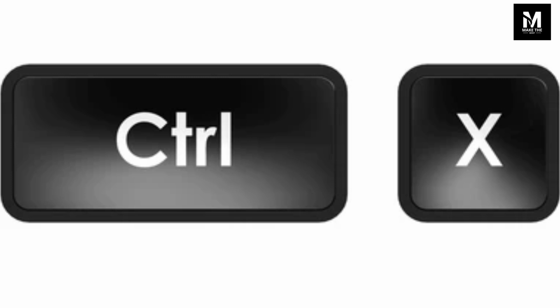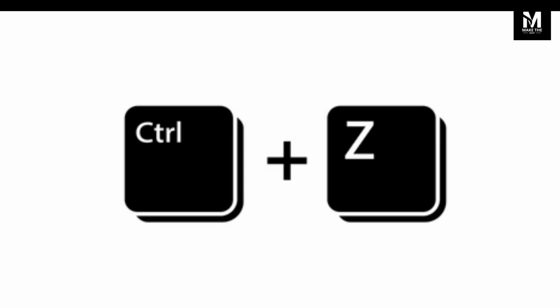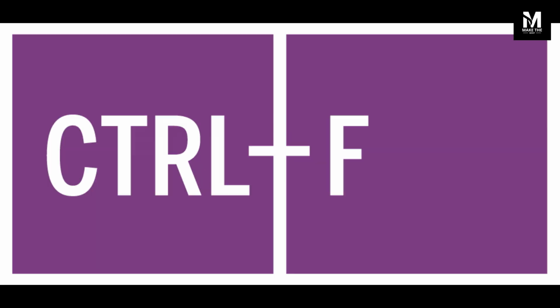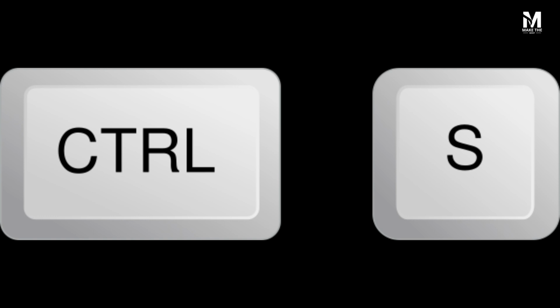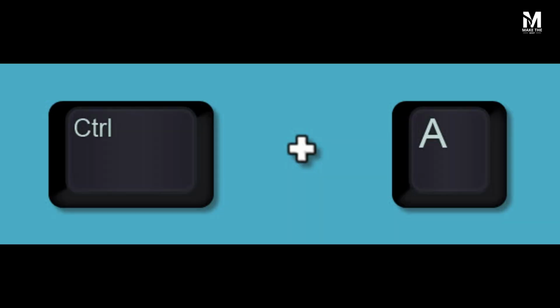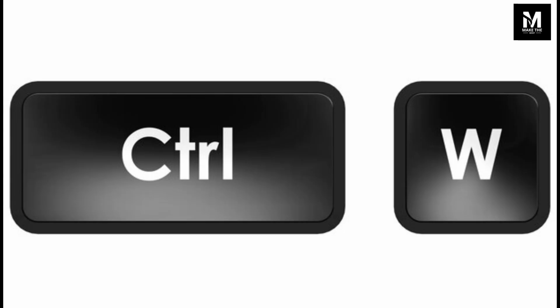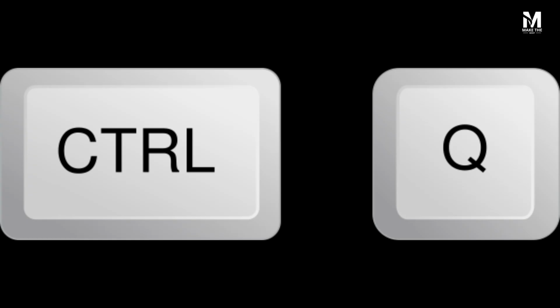There are also Ctrl plus X to cut, Ctrl Z to undo, Ctrl F to find, Ctrl S to save, Ctrl A to select all, that is also popular, Ctrl W to close a window,